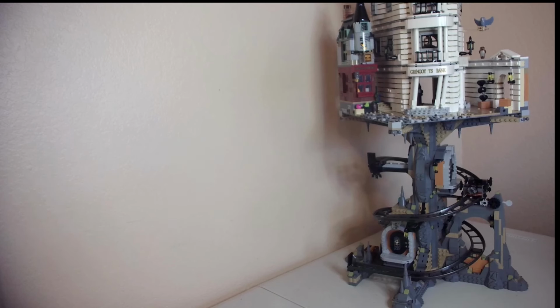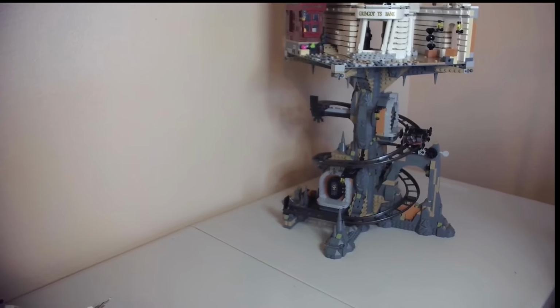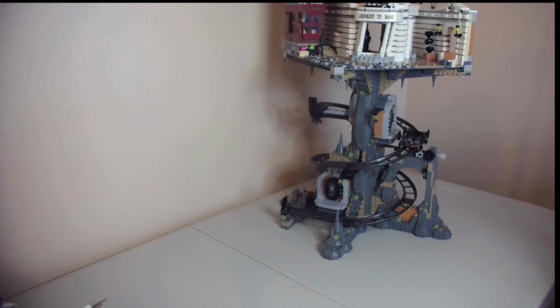This is set 76417 and comes with 4,803 pieces and is rated for 18 plus. It is, as you can see, a very large set. There's also a dragon, which isn't shown here. It's a very tall set, as you can see. It has a nice underground section for the vaults, as well as a Diagon Alley area section for the exterior